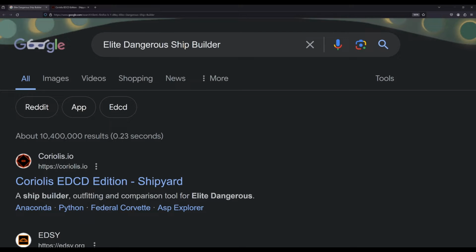I'm Andrew, and today we are covering how to customize and build your ship in Elite Dangerous. So we're going to go through a ship builder. How do you find these things? Well, the first thing you want to do is go to Coriolis.io. Now, if you don't want to have to spell that,